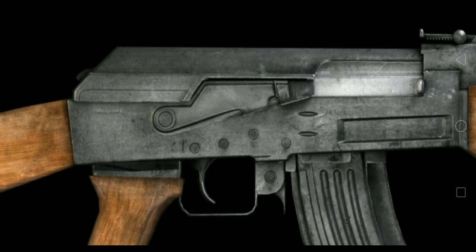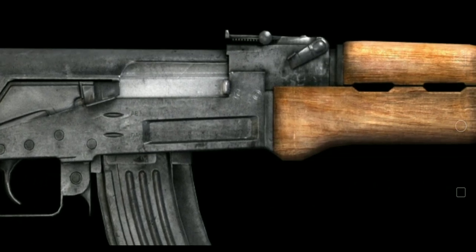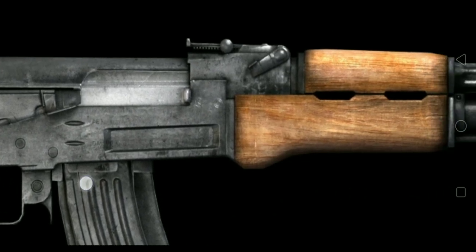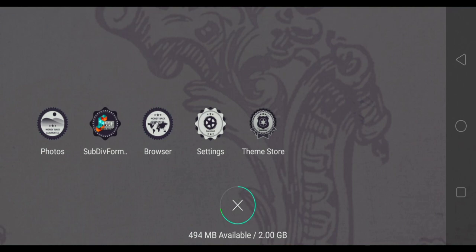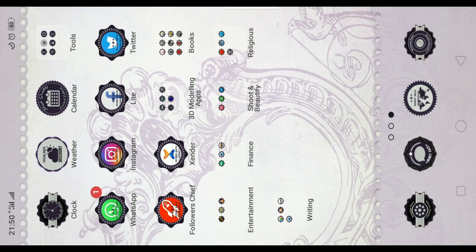Okay, I'm going to have to depend a lot more on my memory, because I have to switch back and forth and back and forth and back and forth. So just to let you know a little bit more about why I'm modeling the Avtomatic Kalashnikov, or the AK-47,